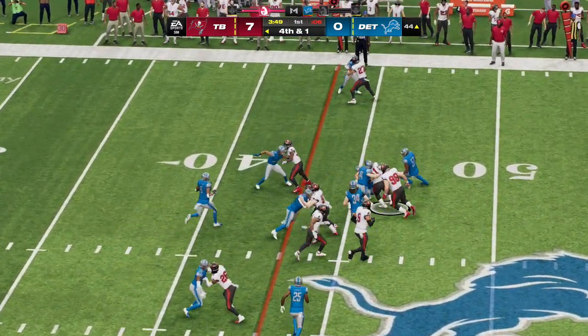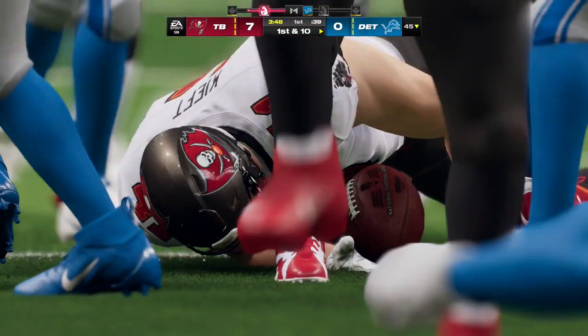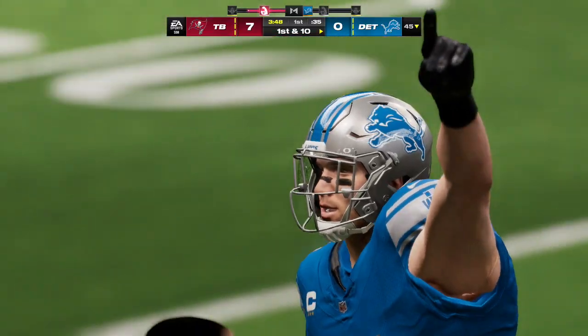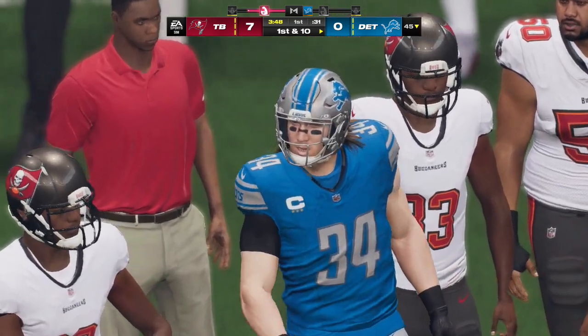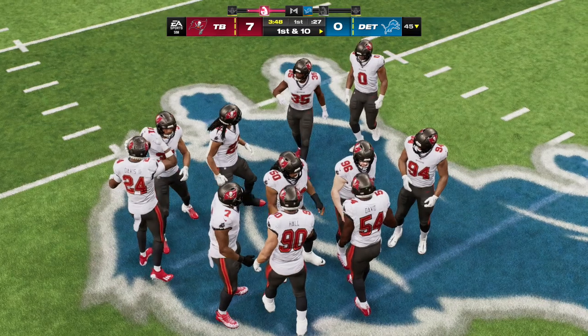And now on 4th and 1, it's a fake. And he will not even make it back to the line of scrimmage. A little trickeration there, but it doesn't fool this defense. And the Lions will take over. So they went with a trickery there on the fake punt, hoping to catch that return team flat-footed, but it